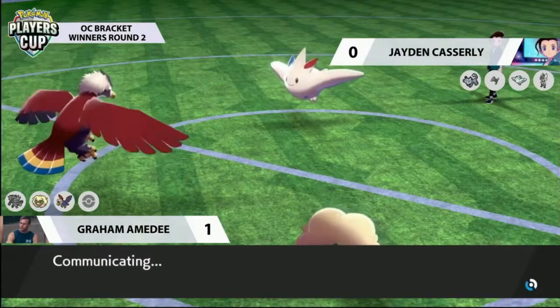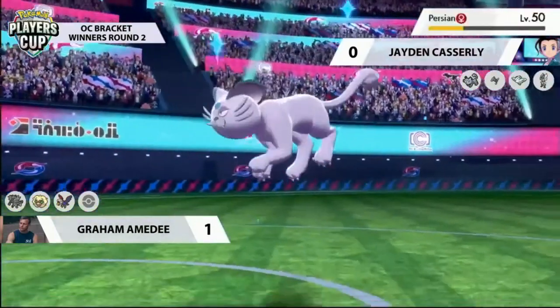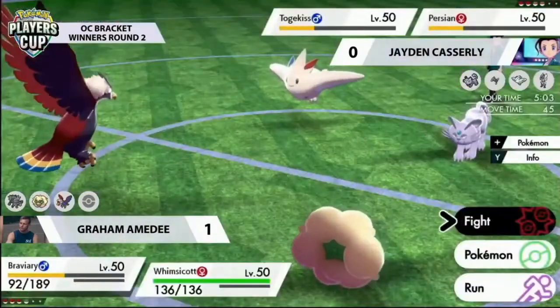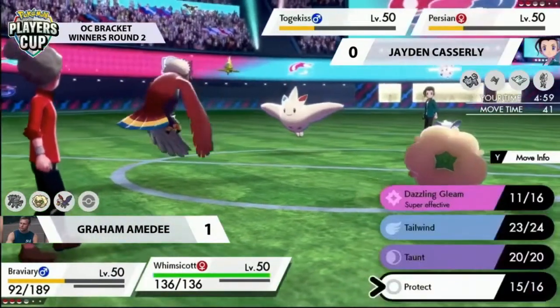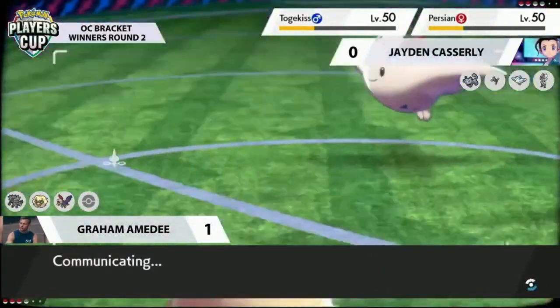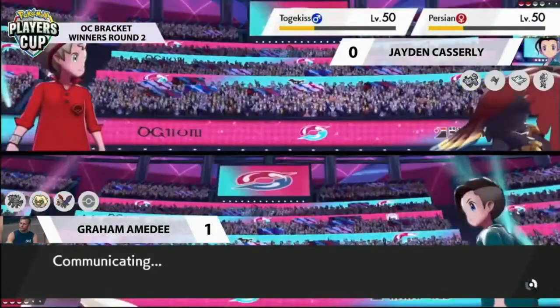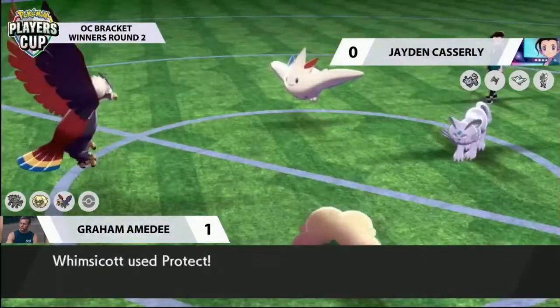Yeah, Rock Slide here is absolutely awesome on the Braviary. The Pyro Ball used previously from the Cinderace meant that it still kept its fire typing, so it's going to be dealing such big damage. And of course, Rock Slide is something Togekiss doesn't want to face down against either. I think the problem, though, mainly here for Jayden is he's outsped at this stage, and both Persian and Togekiss are at such low health. Any kind of damage, something like a Dazzling Gleam, is going to pick up the KO against that Alolan Persian,